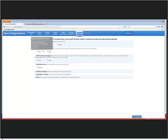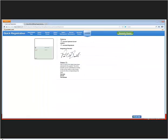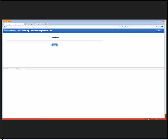And then why is this a revision? So let's just say there was a major increase in the alcohol by volume. All right, so I'll do that. So as that's generating,